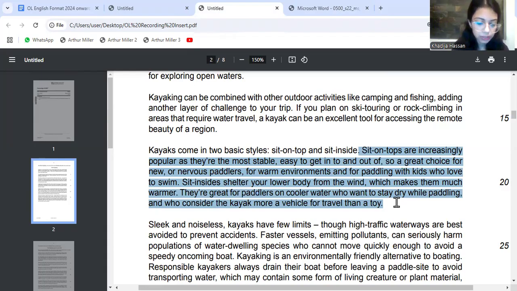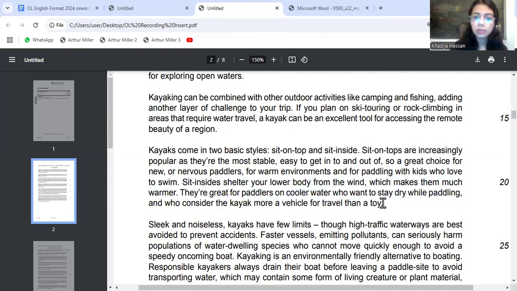So what you guys have to do is notice the other type. The other type exists because there was something lacking in sit on tops. There were certain kinds of people it was not appropriate for, which is why sit inside kayaks were created, right? So sit on tops is not going to be suitable for people,